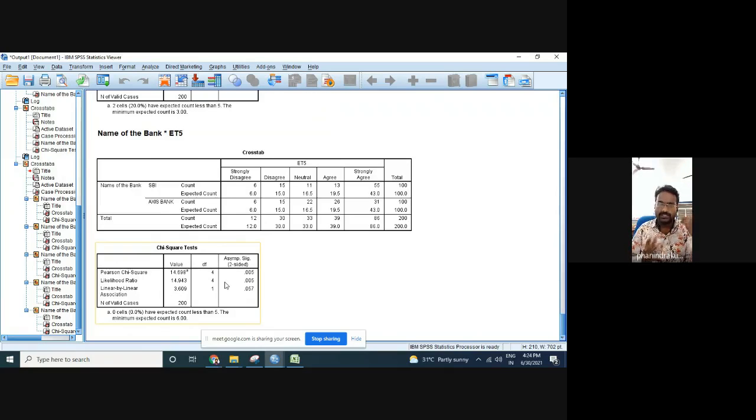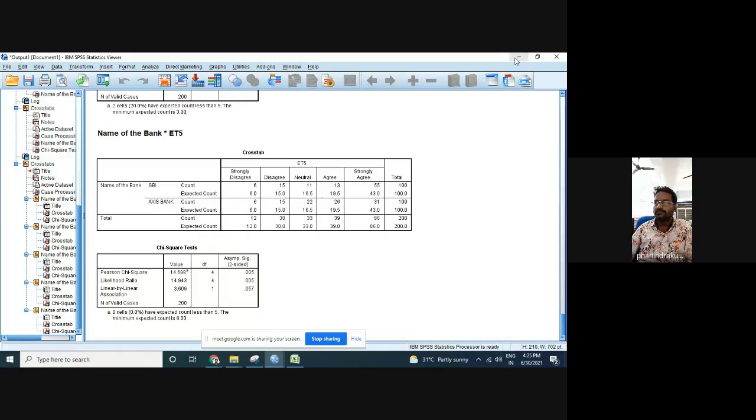Or if you want to restrict, because you cannot apply chi-square to each and every data, and you cannot relate each and every question with the name of the bank. That's why, if you want any other choices, you can make them. You can restrict to one question based on one criterion, and you can go for other things based on other criteria. That's why it is better to choose which type of data is to be applied and which statistical tools need to be applied.